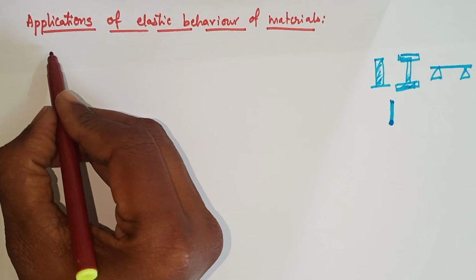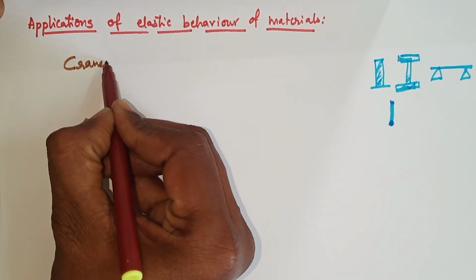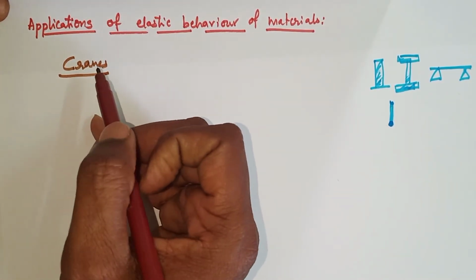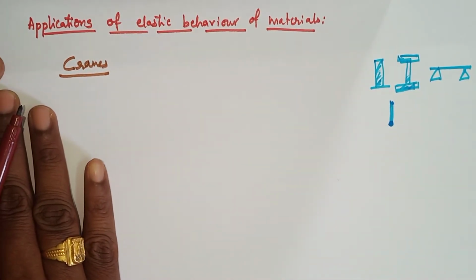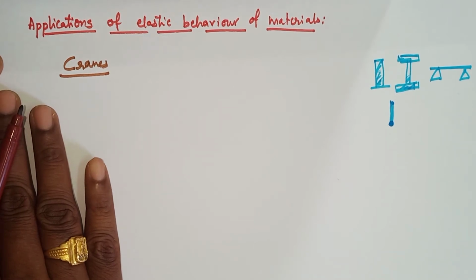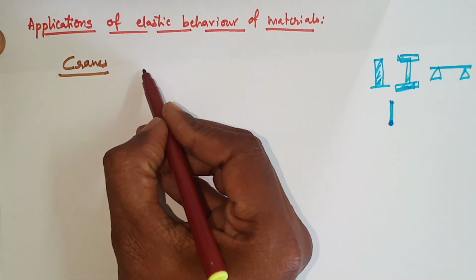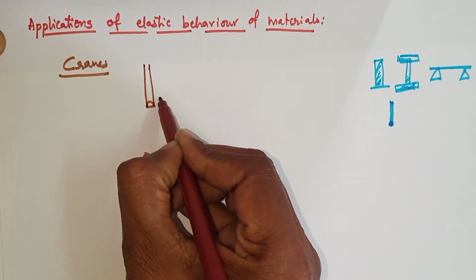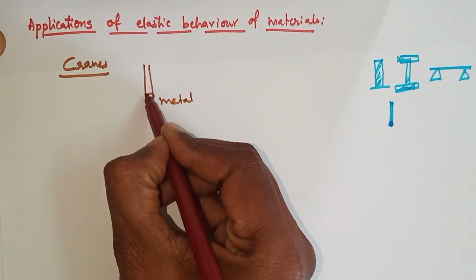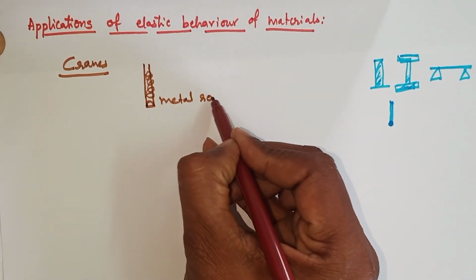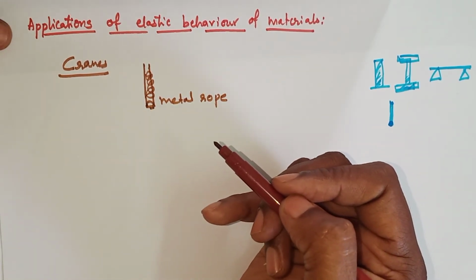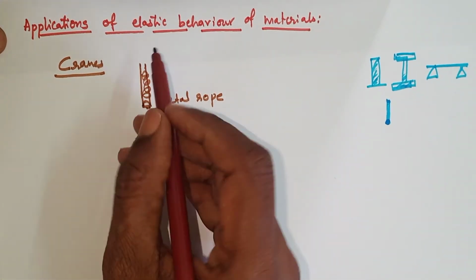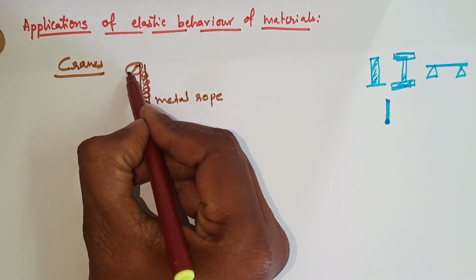Basically, cranes are used to lift heavy bodies, generally observed while immersing Lord Ganesha, where they use cranes, right? A crane has a metal rope. Wrapping of wires makes a thick rope, or a rope of larger diameter, right? The rope is pulled by means of pulleys, right?